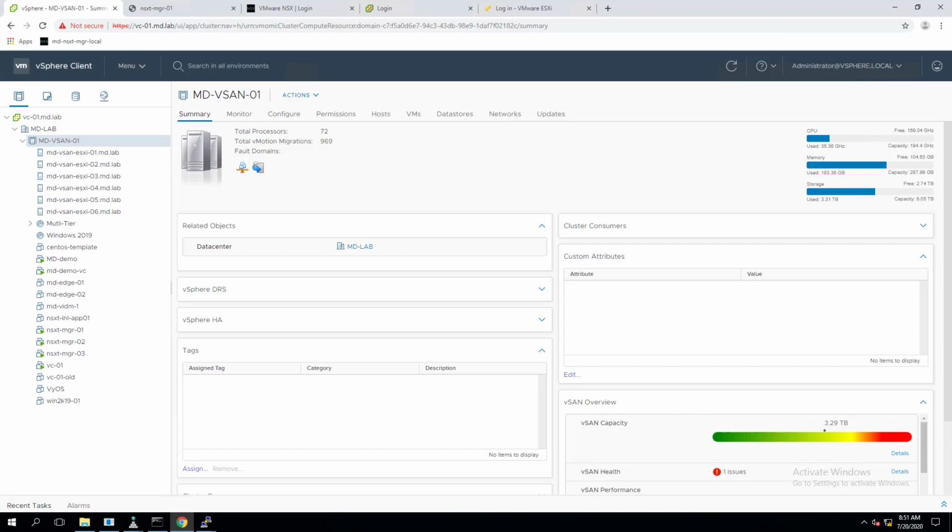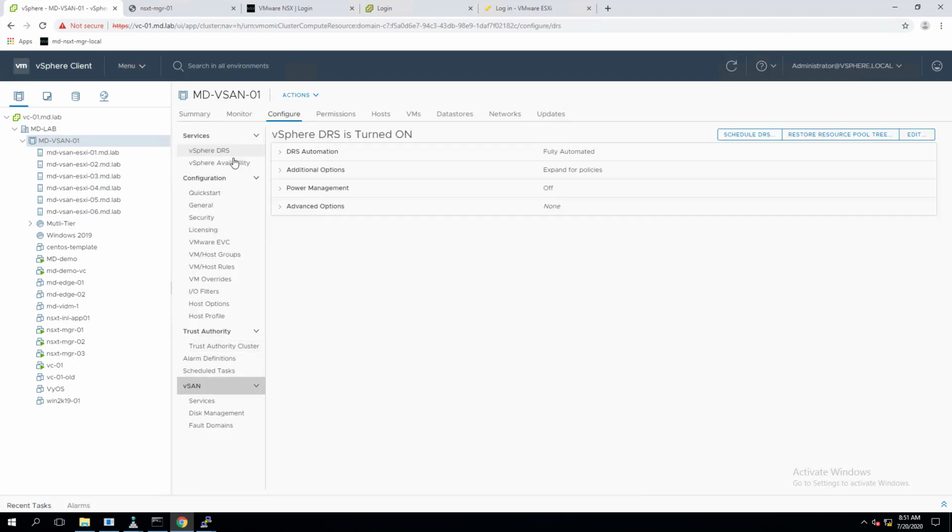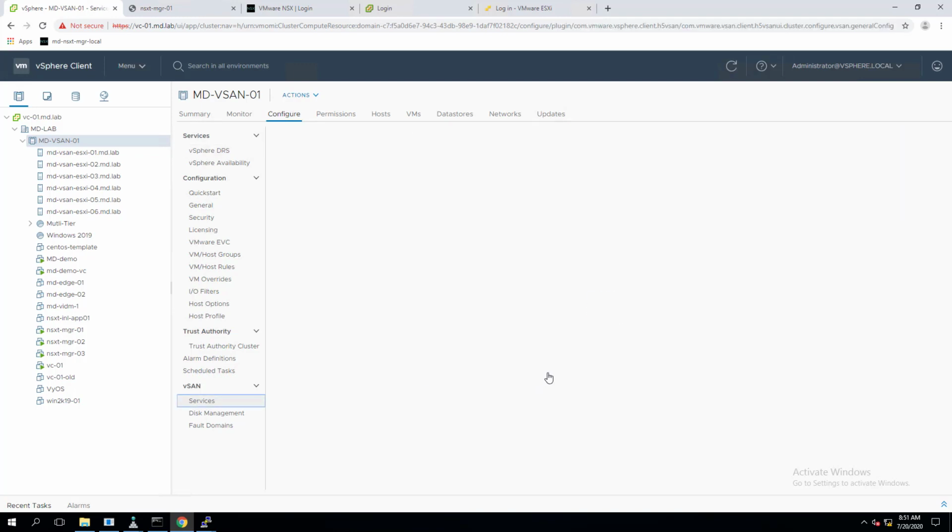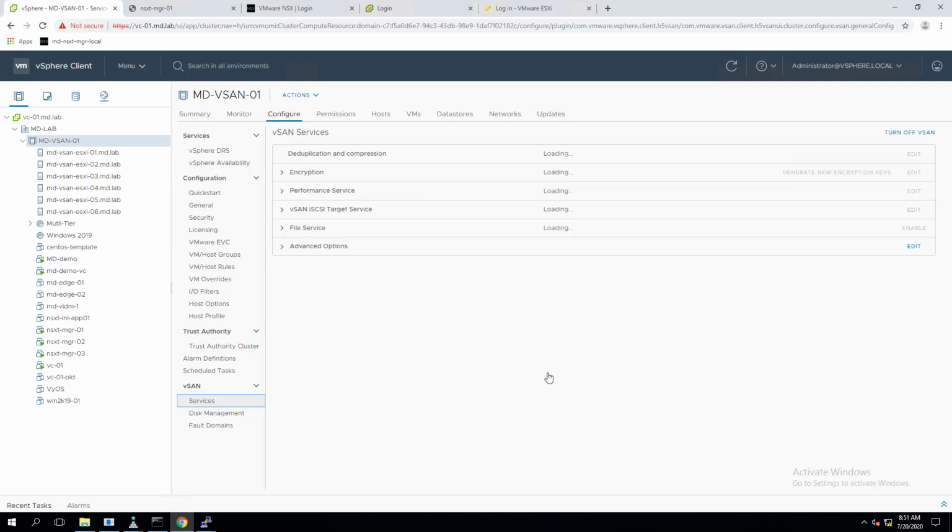Similar to the objects in the vSAN datastore, the file shares can also be integrated into existing vSAN storage policies. We can also apply different storage policies. Let's get started and see how to enable the vSAN file services. Just select the cluster, go to the Configure option, and click on Services. Enabling file services is similar to enabling other services like deduplication and compression.